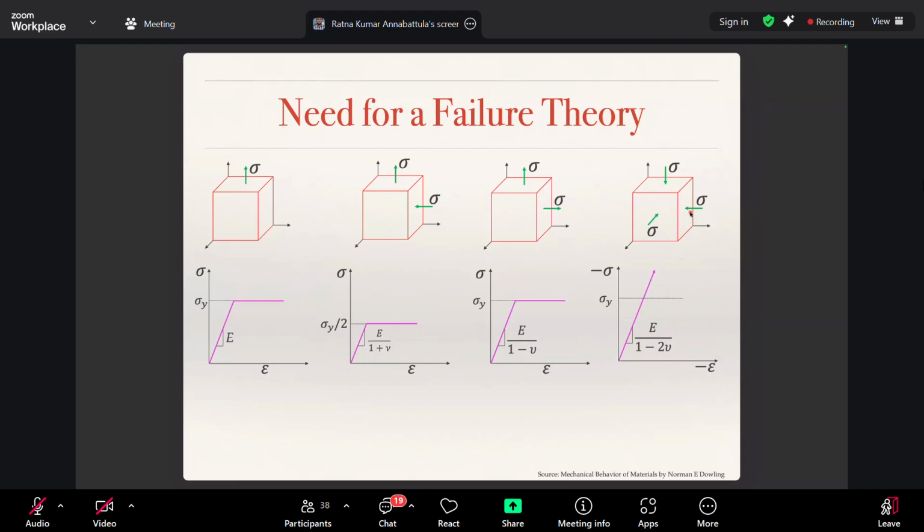That is infinity. That means for this particular state, for it to plastically deform, you need to apply infinite stress. That is why yield strength will be infinite. Understood? It will never yield this particular thing. Because it is pure hydrostatic state of loading. All three directions are same. There will be only volume change. There won't be shape change. That is why it will never plastically deform. That is what distortion energy theory says.